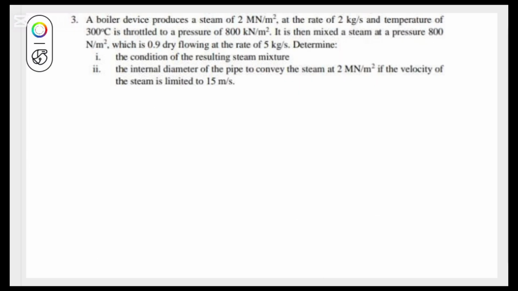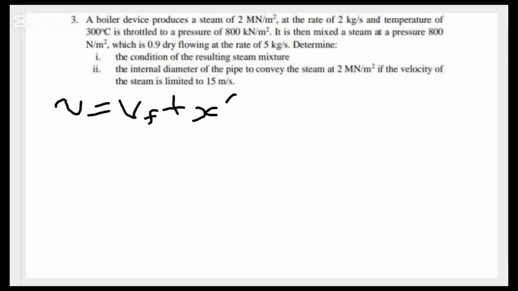From the second question, we are to determine the internal diameter of the pipe to convey the steam at 2 MN per meter squared if the velocity of the steam is limited to 15 meters per second. So the first thing that I have to find is the total flow rate. What will be my total flow rate? The total flow rate, which is the same thing as V, will be equal to V_f plus x, which is V_g minus